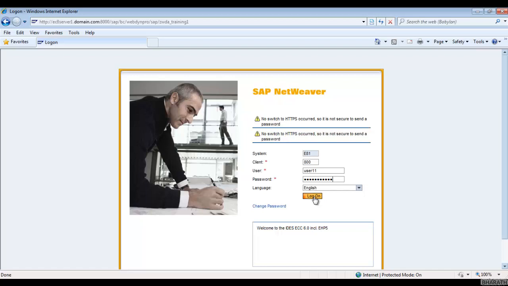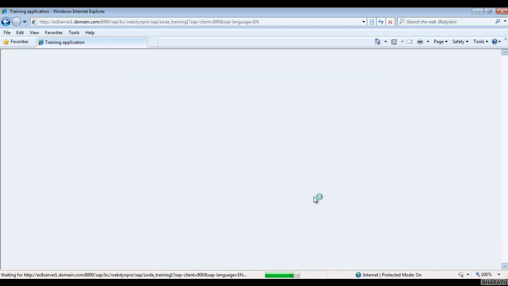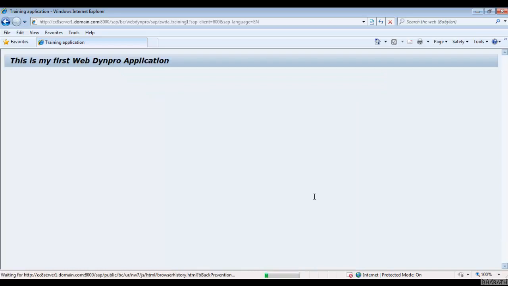This is similar to the way you log into the SAP system GUI. Okay, now log on. Yes, now you can see the same output. This is my first WebDynPro application. So this is the advantage with WebDynPro.